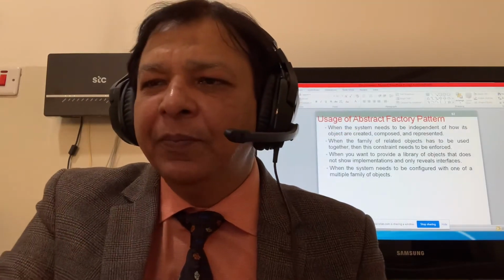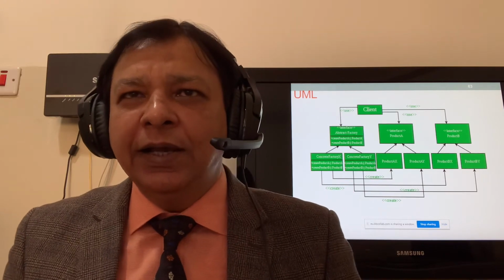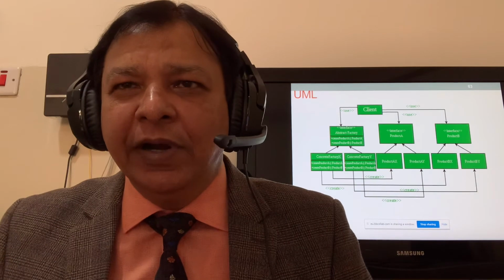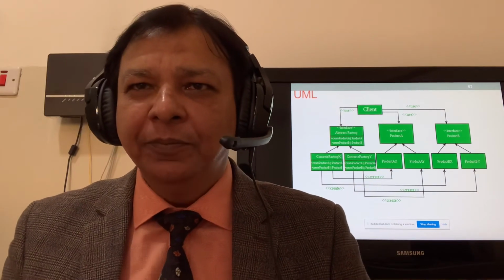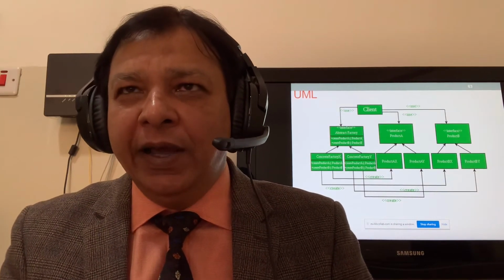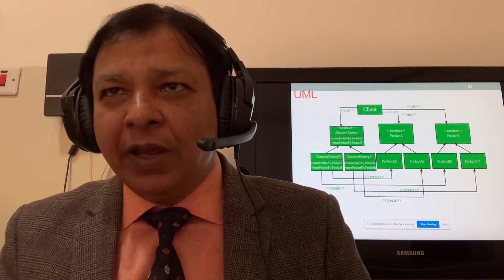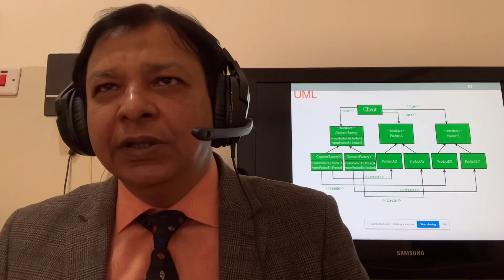Now we move to the implementation. We have the UML: an abstract factory, and it has two concrete factories, X and Y. We have interfaces, product A and product B. So we can have AX and AY products by using the interface.